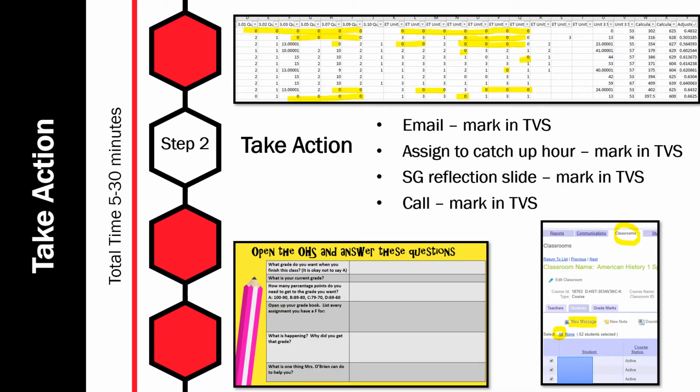Step 2 is taking actions. There's many ways this can be done. When you have your gradebook open, look for common missing assignments. You can send emails and assign students with common problems all at once. All you need to do is go into TVS, open up your classroom, click on the names of the students that have the missing assignments,